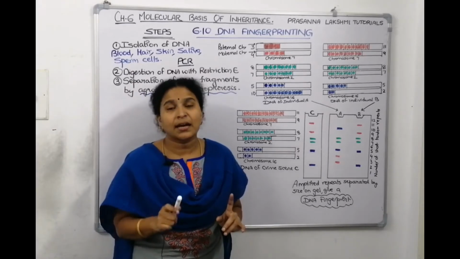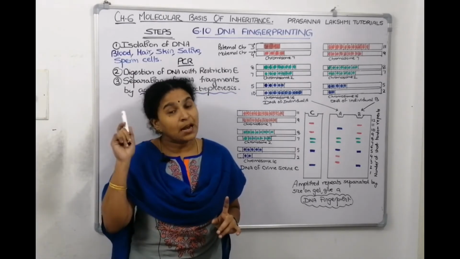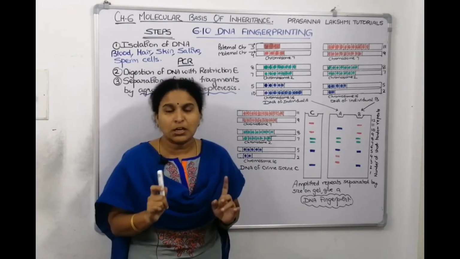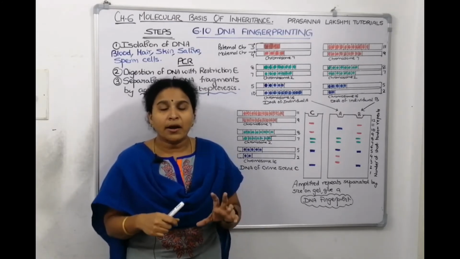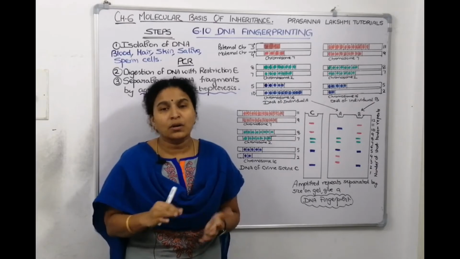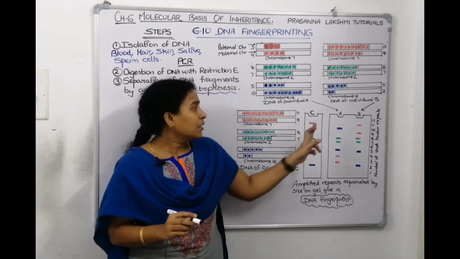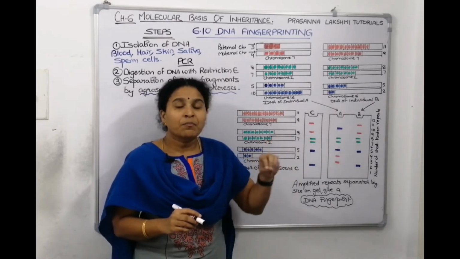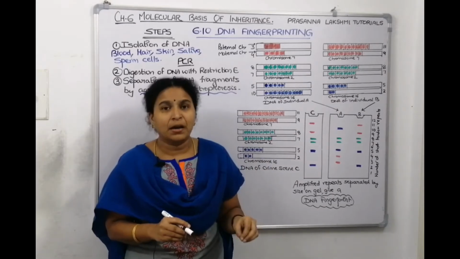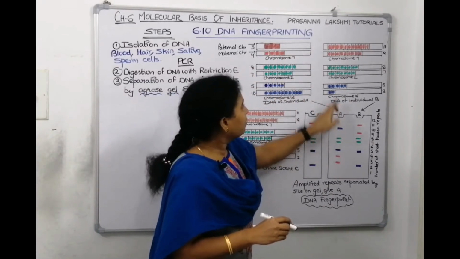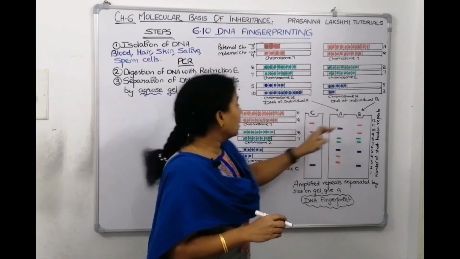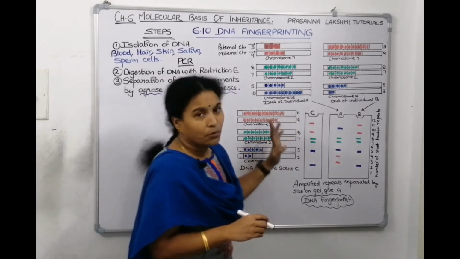From where do we extract the agar? We extract agar from the cell walls of red algae, which is a solidifying agent. Take the agar, dissolve it in water, boil it, pour it in a tray and cool it, and it will settle down. Now these are called wells, the places where we load the sample. These fragments are loaded here, these fragments are loaded here and these fragments are loaded here.